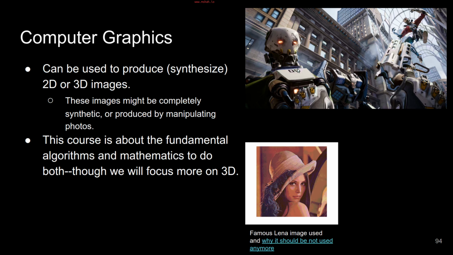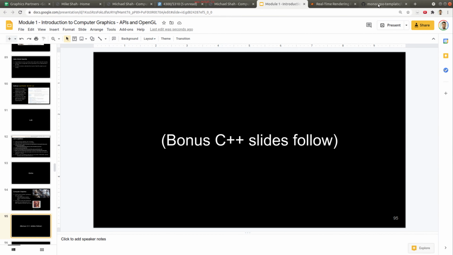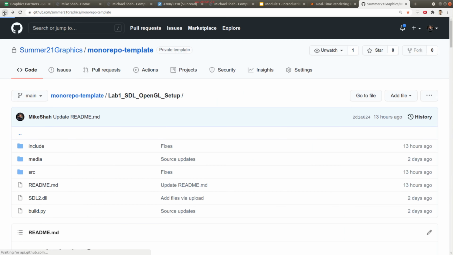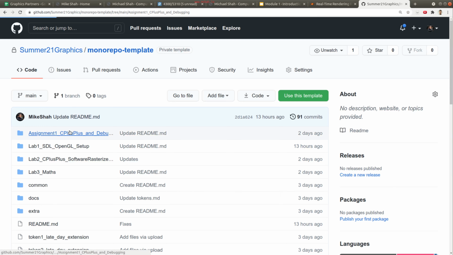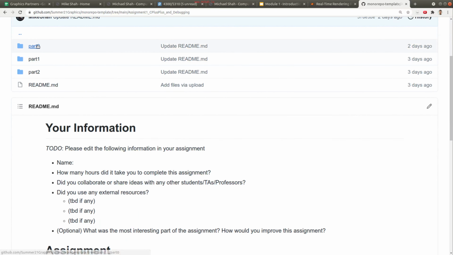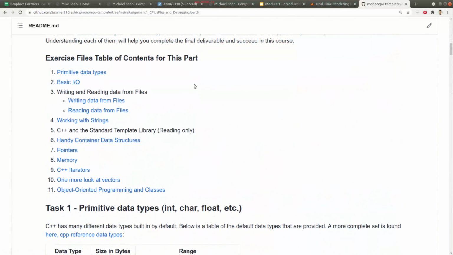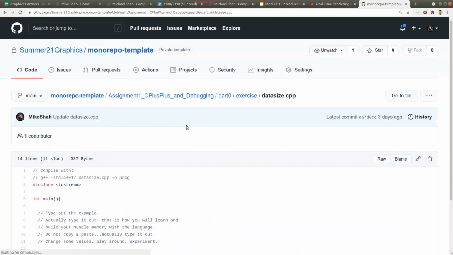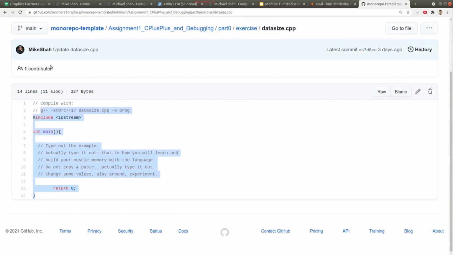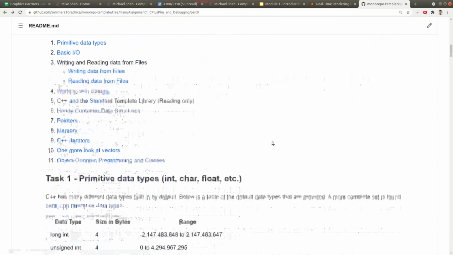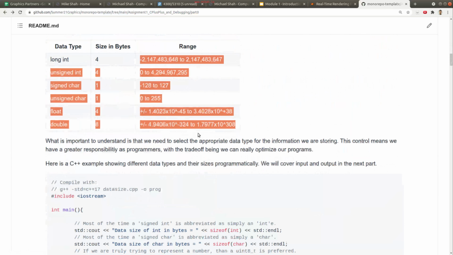All right, just some extra notes on graphics. There's some bonus C++ slides here for those who want to get familiar with it. What I will recommend, though, going forward as we're wrapping things up, is that the real crash course for C++ is going to be in part 0 of this assignment, and I'm going to give you 10 exercises for going through C++. So for assignment 1, there are about 10 or 11 code samples here explaining how you use